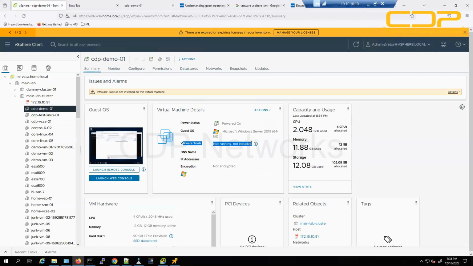You remember I told you that, if you are creating a virtual machine on VMware Workstation, like we did yesterday, or if you are creating a virtual machine over here on an ESXi, it is important that after the installation of the operating system, the next thing that you need to do is